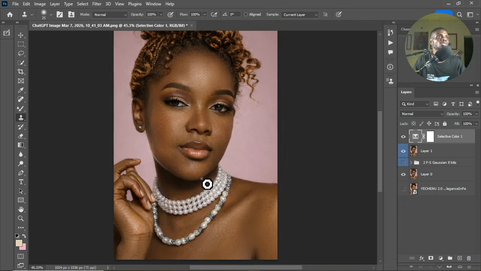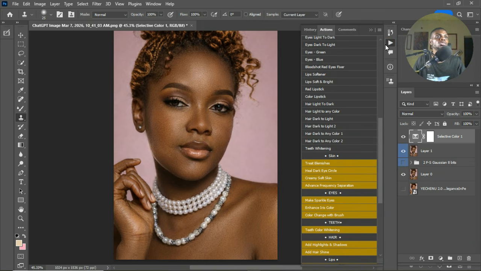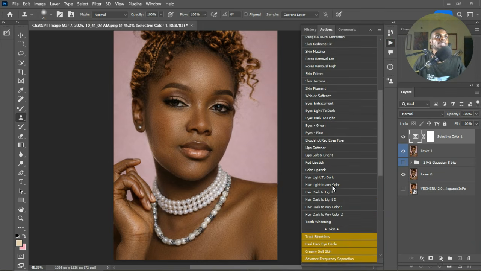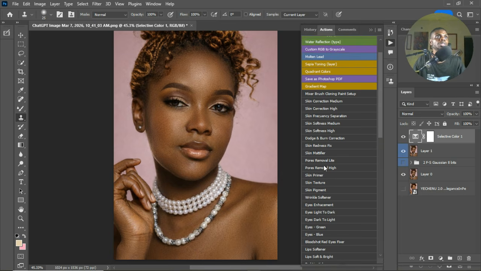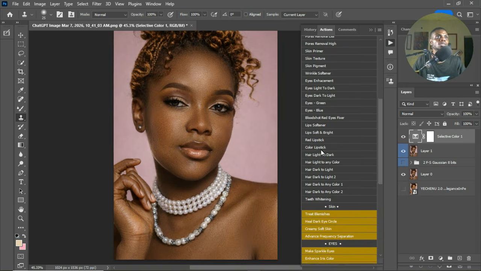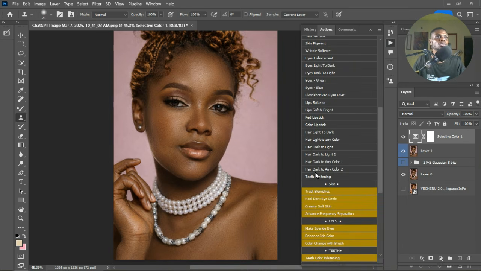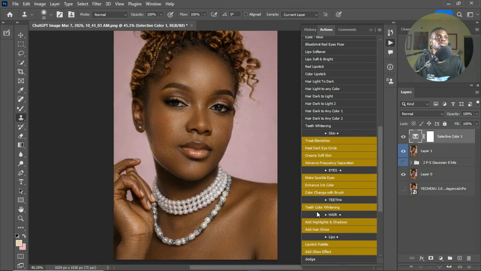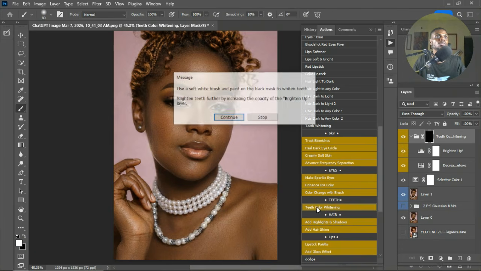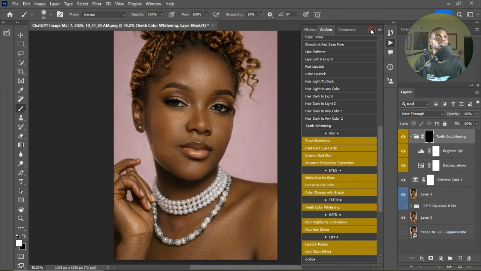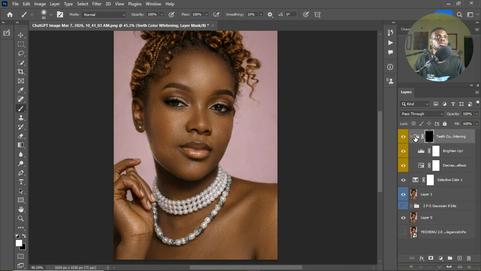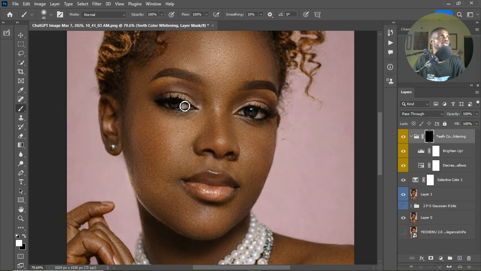And one thing I like to do is create a stamp visible layer, but quickly we can use our actions as well to create white eyes. So we can check, we can see eyes white, teeth whitening. We can use this one. So let's just use that one, teeth whitening color. Click continue, and if you check the drop down, you're going to see the two types. So let's just go ahead and brush over a bit,